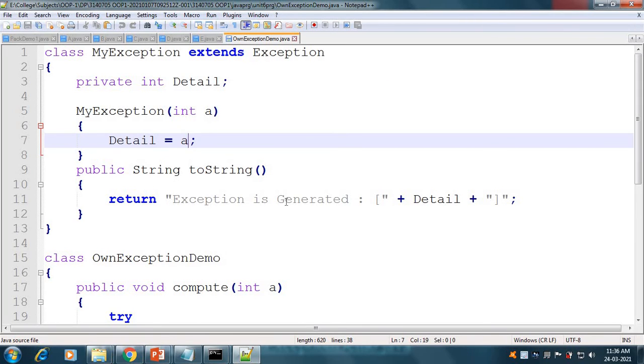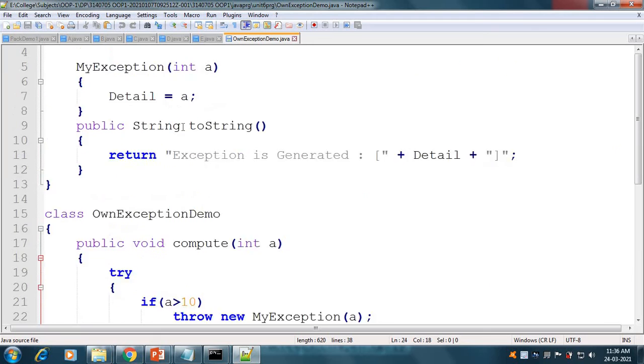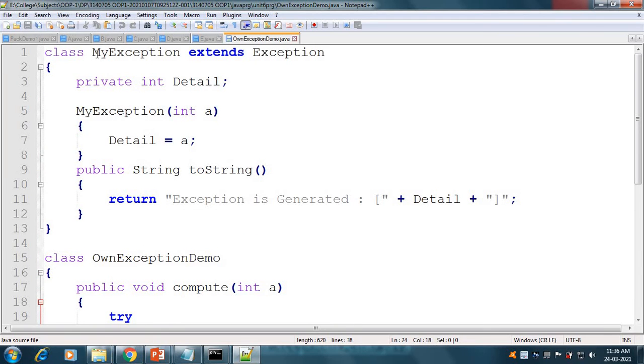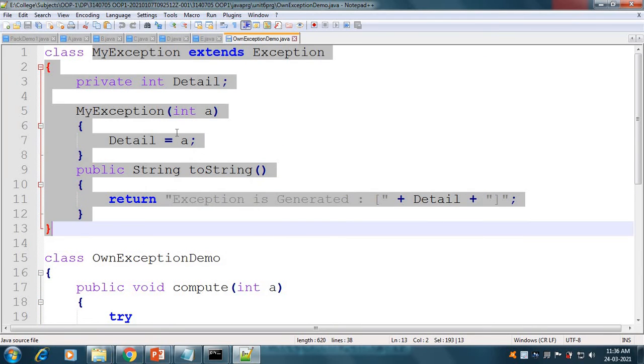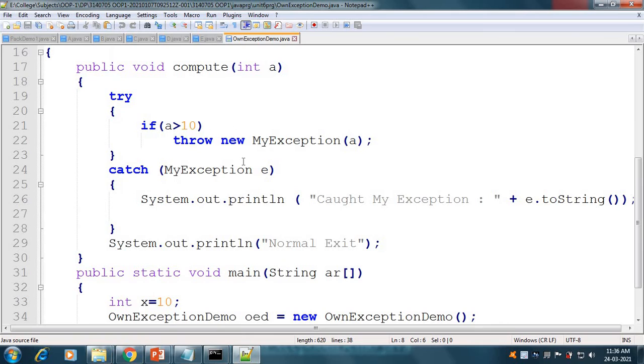It will return the message that the exception is generated plus detail, where detail is our a, and a will be our value. So here the MyException class is our own exception class, and it will handle the exception. Okay, so that is the way we can generate our own exception class.